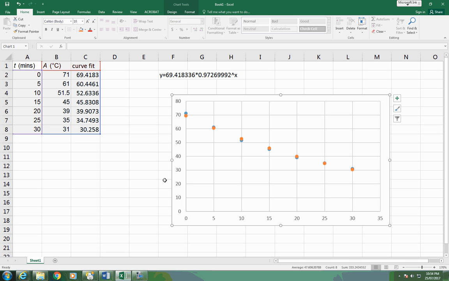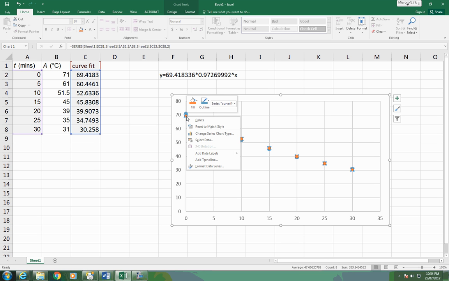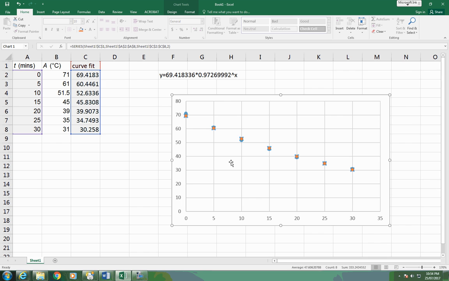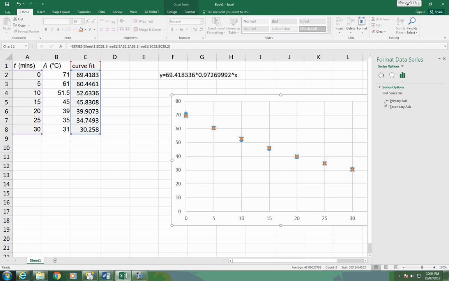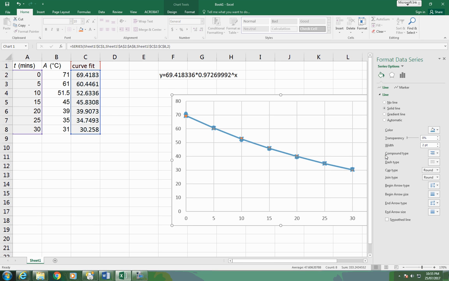That's okay, but really, this is meant to be a trend line, and Excel doesn't draw a very good trend line, so what I want to do is change those orange dots to actually be a nice curve. So I can go down here to Format Data Series, and over here we get a little toolbox with the bits and pieces. Here I can change my fill, and under line I can now make it a solid line. I change my color just so I differentiate it from the other dots,